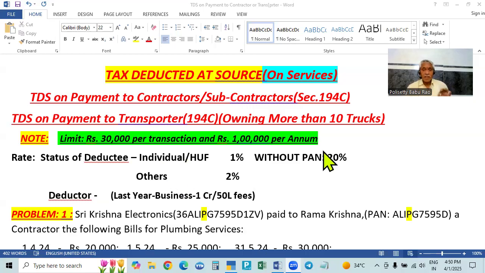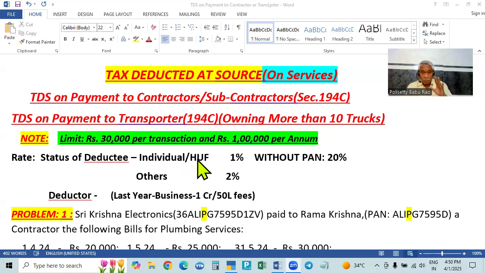Any person has to deduct the money, except an individual or HUF. Any type of deductor, any type of person, has to deduct the money except an individual and HUF.